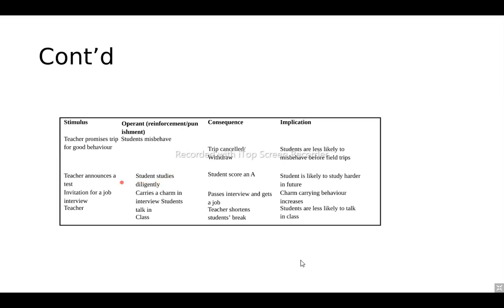And therefore, because the teacher has said there will be a test, we are seeing a case of a student here who studied very hard and diligently, and as a result of the effort they put, the effort the rat put to step on the bar, as a result of the effort the student put, he scores a very good grade, which is A. So that tells you that the implication is that the student has learned that anytime they are waiting for a test, they will be studying hard because they have found that studying hard produces good grades.